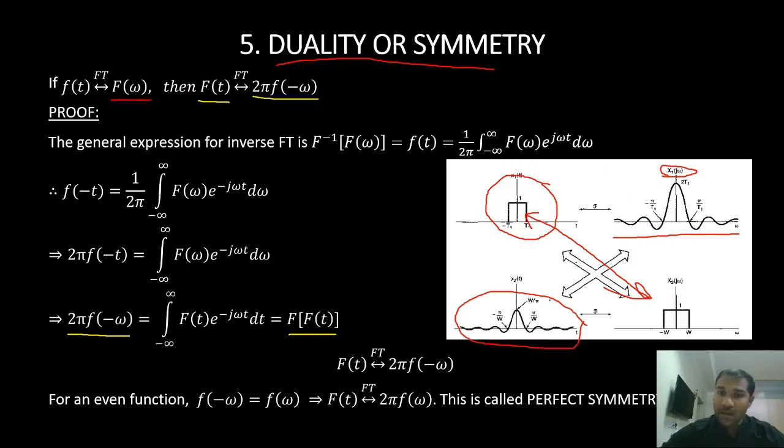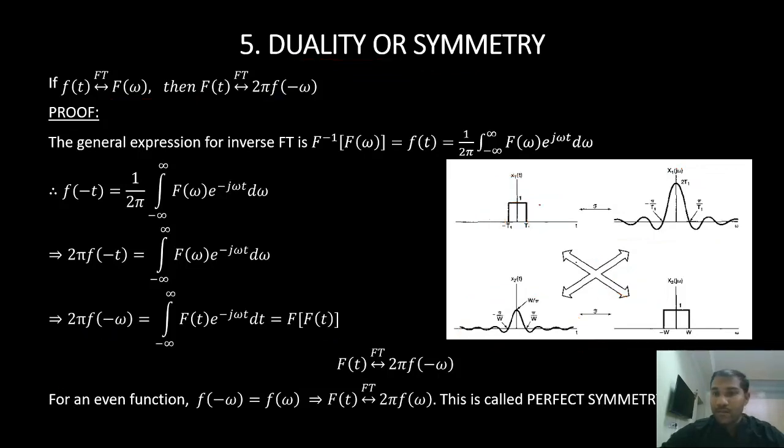I'm just taking the time domain version of it. In place of omega, I'm just substituting t. It becomes a time domain signal. Now for this time domain signal, what will be my Fourier transform? It will be similar to this one here, right? A rectangular function has a sampling function as its Fourier transform. Then a sampling function will have a rectangular function as its Fourier transform. That is what this property states, duality or symmetry.